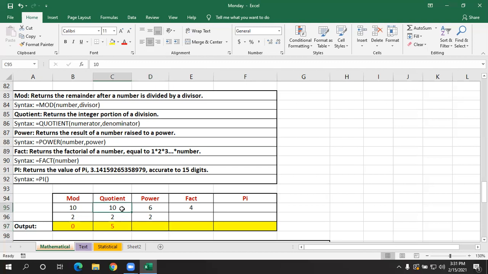See, now let's say here, instead of 10, I'll give 9. If I give 9 here, it is showing 4. It is not showing 4 point some decimals, because we don't have 9 in multiples of 2.